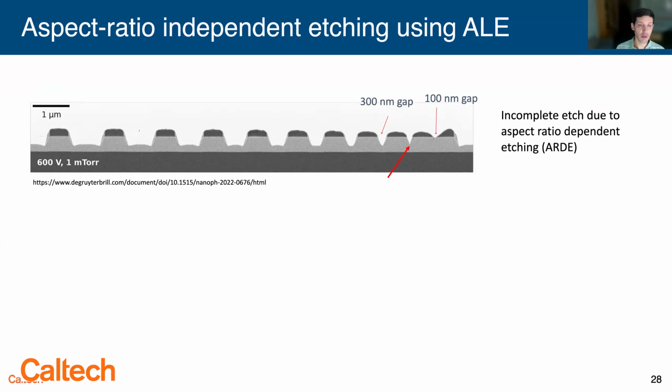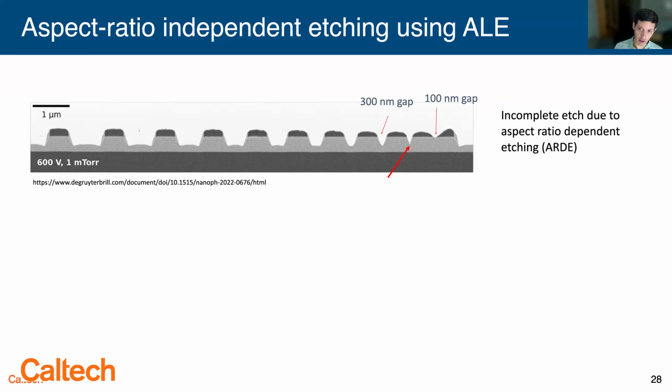But the one point I did want to highlight is the benefit of using ALE even for pattern transfer, which could be etches 200, 300, even 500 nanometers deep. One challenge with the existing approach for lithium niobate, which uses ion milling, is called aspect ratio dependent etching, ARDE. The origin of this is, if you look at the right of this image from the work cited, that when